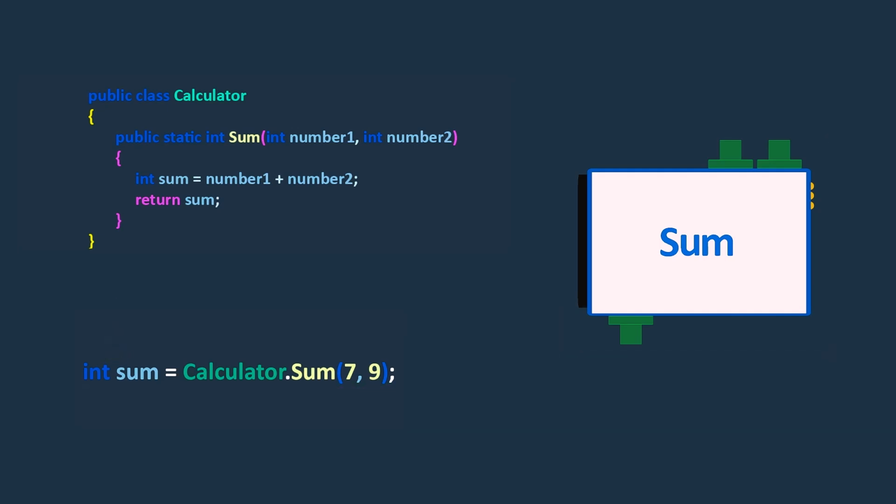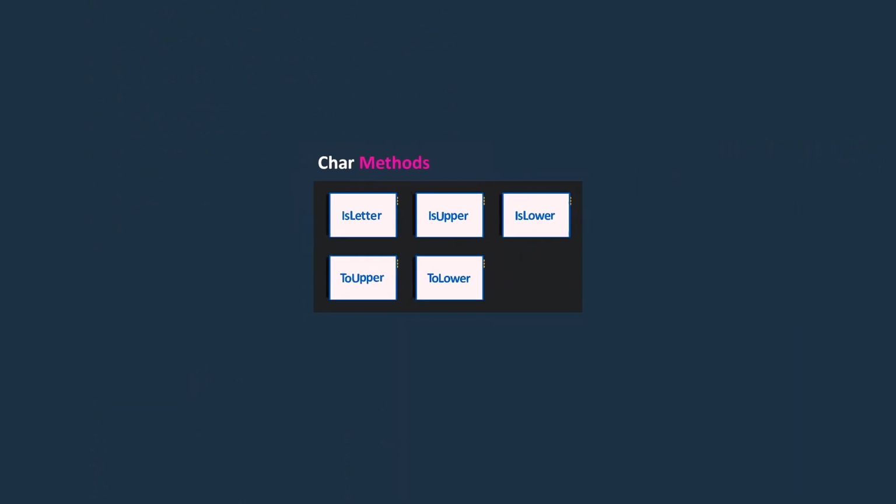All of the char methods we describe in the following have a similar structure and they can be invoked in the same manner. Now that we have a better understanding of the method and its structure, let's explore some of the key methods that the char type offers. These methods allow us to perform specific tasks on char values.